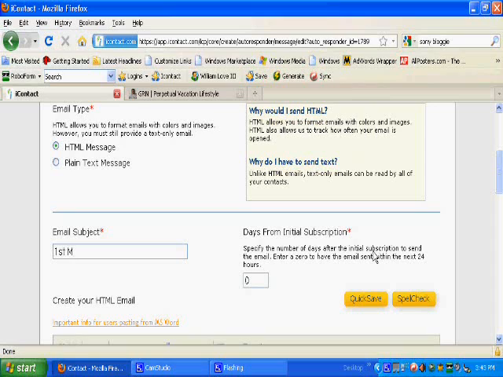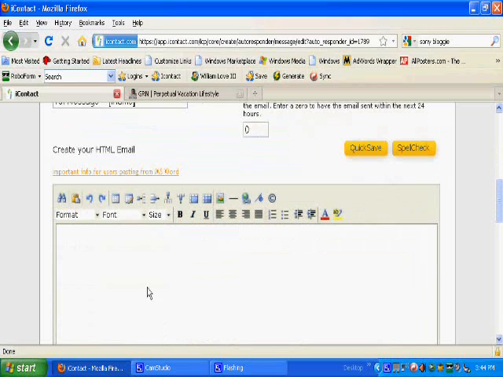Okay. So I'm going to call this first message. And you, of course, call it whatever you want. All right. And here's a shortcut tip that is not out in the open, so that you'd have to go search for it. And I'm going to give you the shortcut here. If you want the person's first name to appear here, you do these brackets. Bracket, F, name, bracket. Okay. Their name will automatically appear there. It's a shortcut tip. They don't show you this. All right. And let's say in the message. Now,